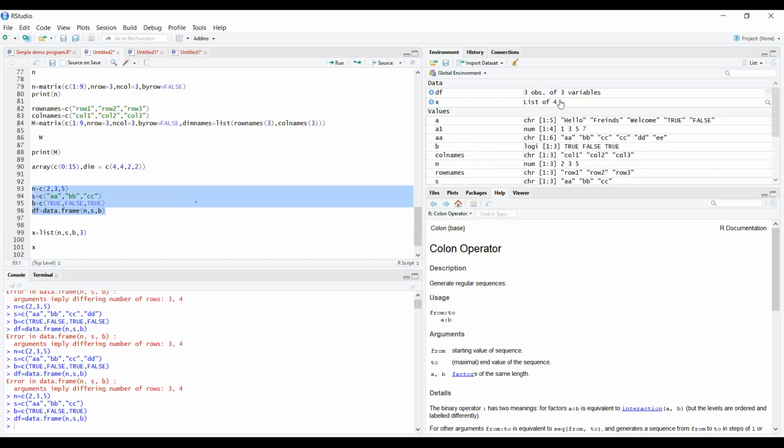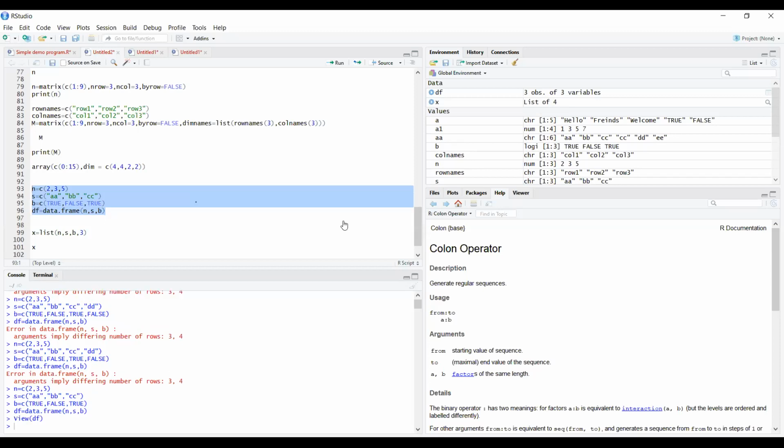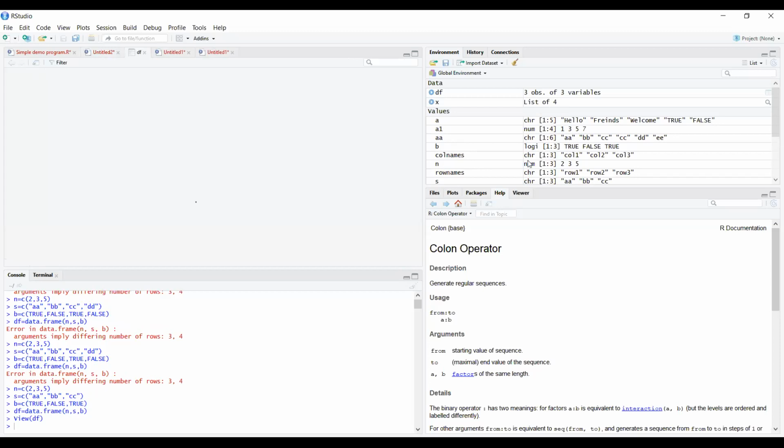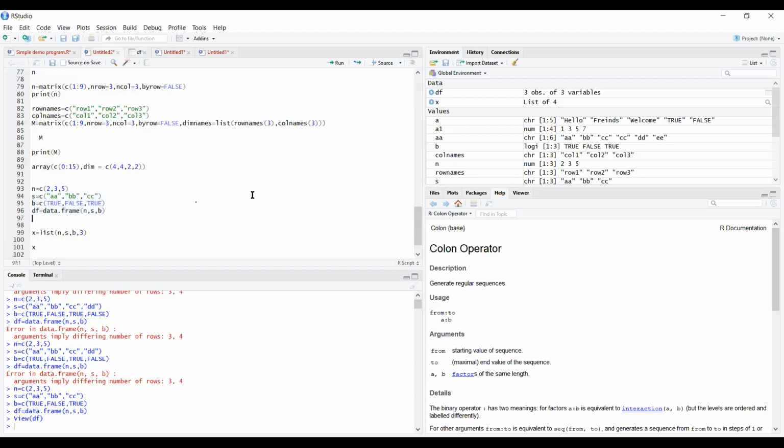So you can see that this object has been defined over here. df will be shown over here. If you want to view something, click on that data, which is the data frame. It will show you the particular values. If not, you can use the view command. Simply use the view df command and copy all the particular stuff once again to view the different data types.